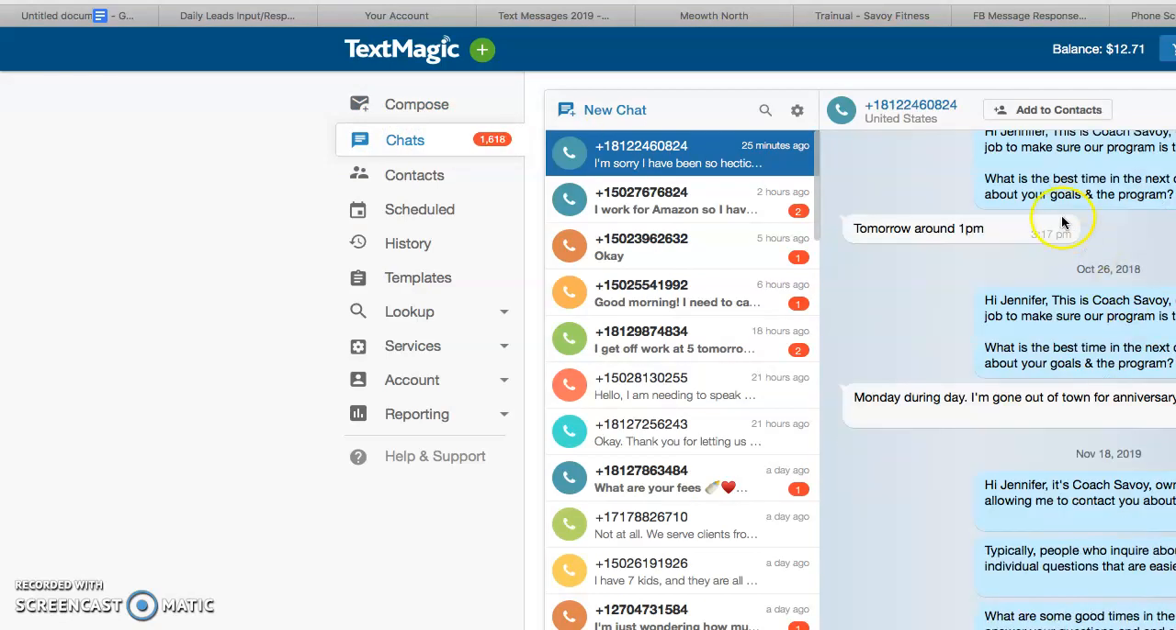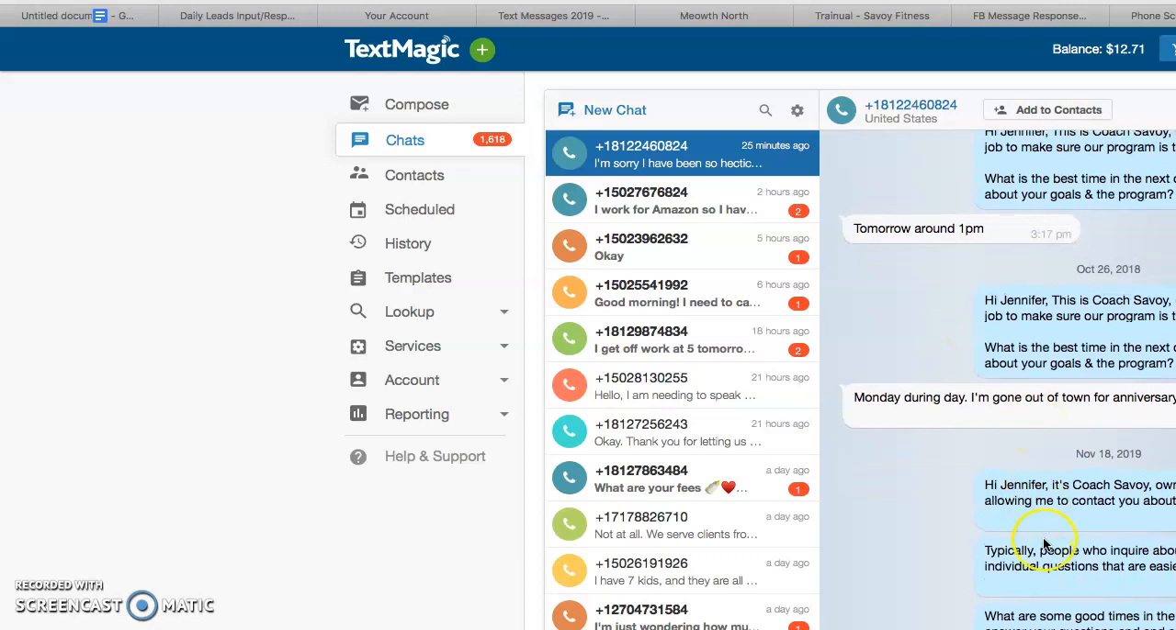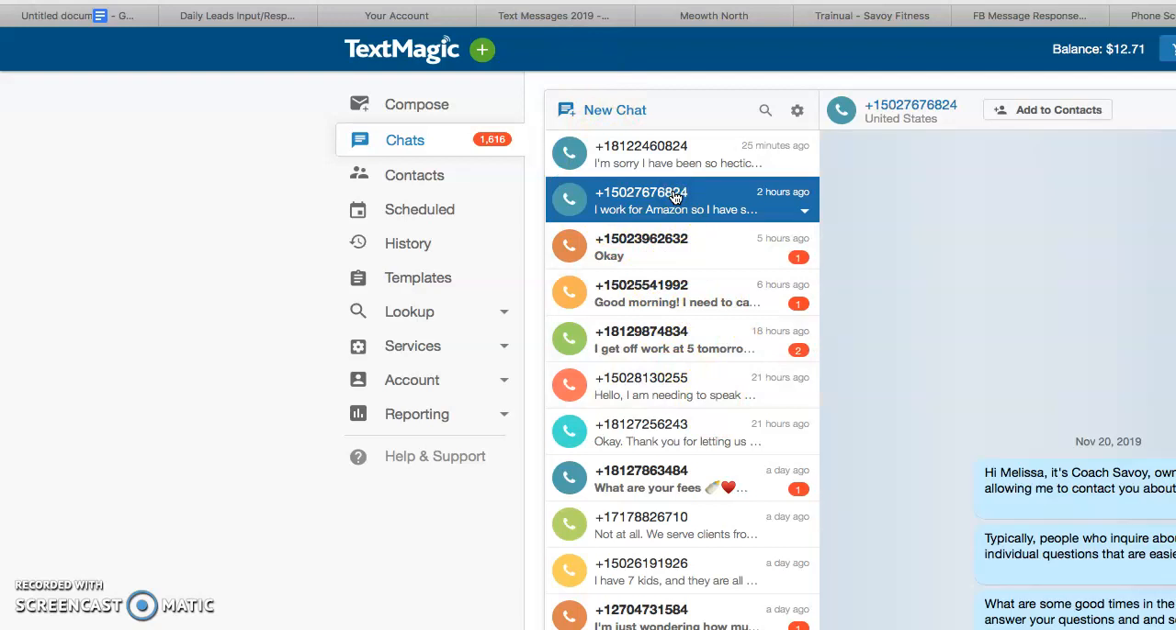So here it is. Jennifer opted into Facebook. Hey Jennifer, this is the owner of Savoy Fitness. I did not write that. It goes automatically. And she's responding back. Anything in the bold is who we need to reach out to. Big point to note that with TextMagic, clients are preferring to get booked without getting calls made to them. So as you can see, Melissa, I sent 3 texts, which I didn't. The computer did it. And she's basically saying she